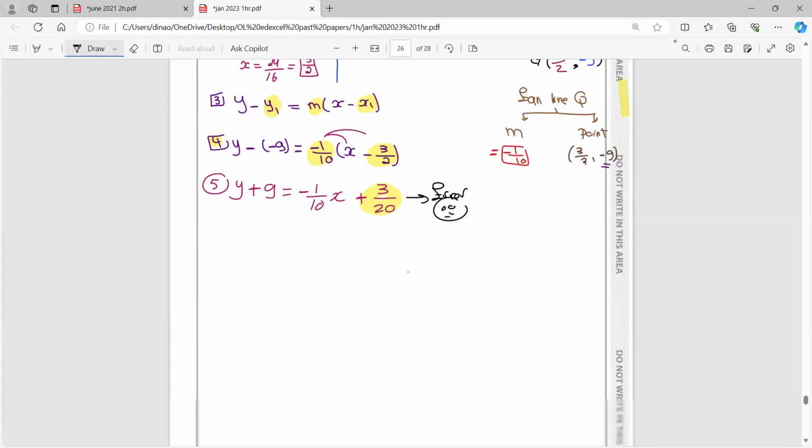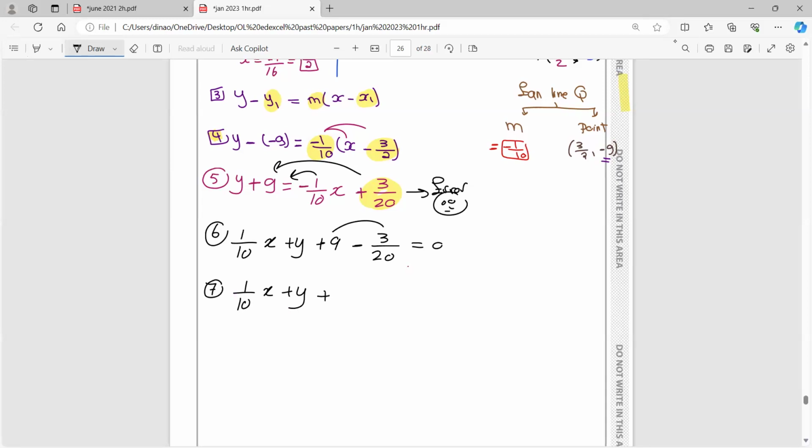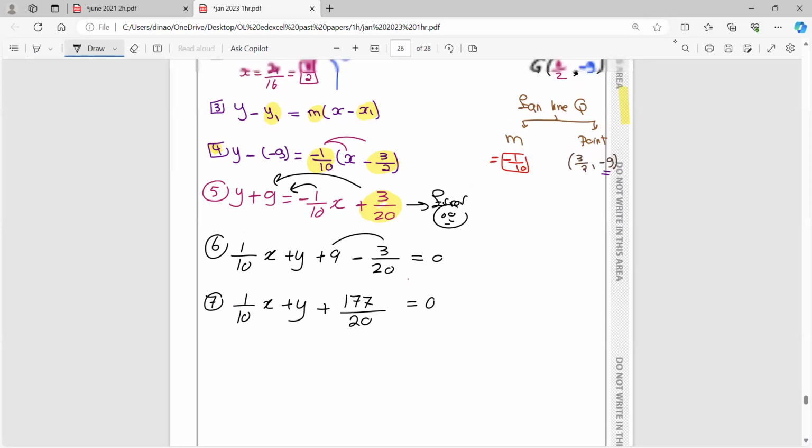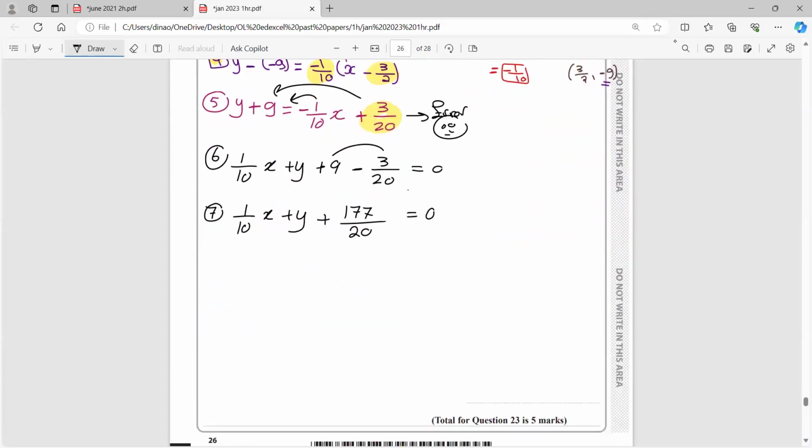Sorry for that. Now I will rearrange as we said all. هودي دي هنا وأودي دي هنا. فهتبقى 1 على 10x plus y plus 9 minus 3 over 20 equals to 0. I will combine the numbers together. 1 over 10x plus y, 9 minus 3 على 20, which is هتطلع لي 177 over 20 equals to 0. And again, since the question says that I don't want any fractions, and since it says integers, now